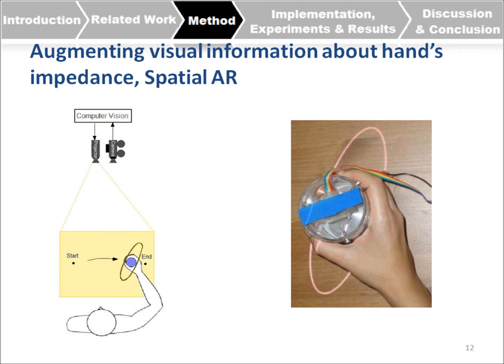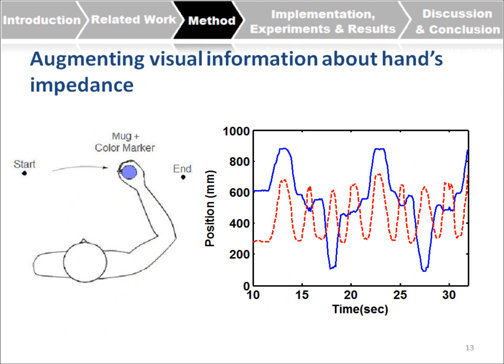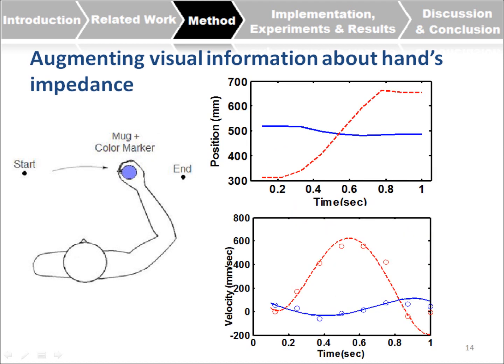So here's what the camera sees and measures. This is the position data from several back and forth reaching trials. And here is the position of a single reaching trial and the respective velocity data. As you can see, when the subject starts moving, the velocity is slow, and then it goes to maximum, and then it slows down before it reaches the end or the target.